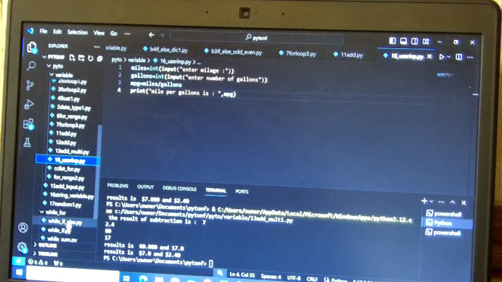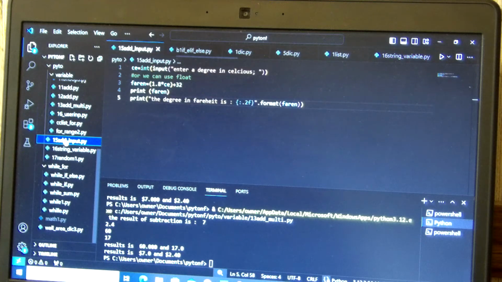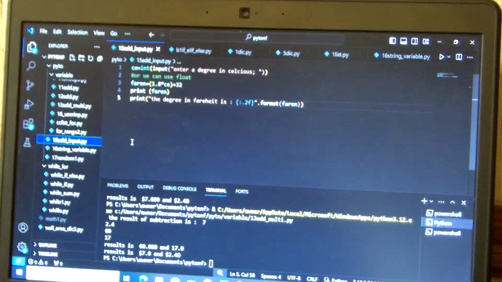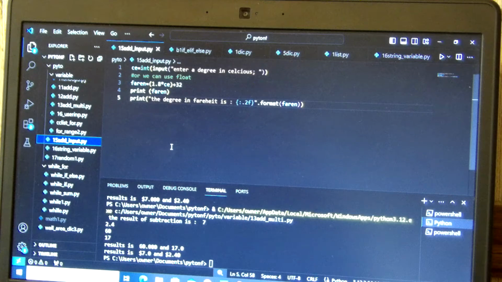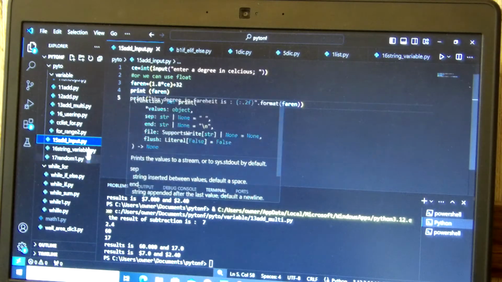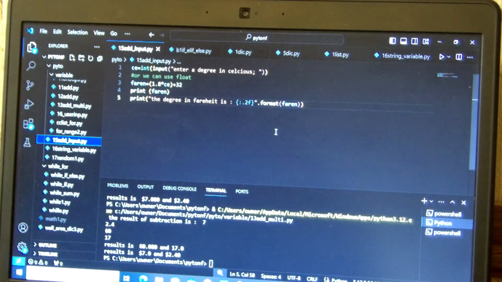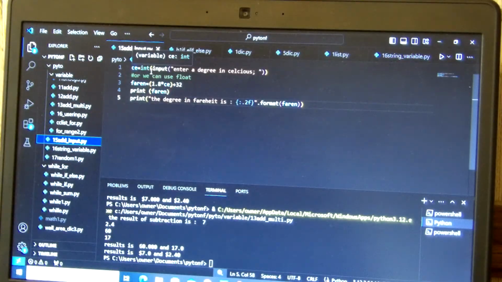Okay, now we can talk about something that the user wants to input. Here say we want to find out, convert Celsius to Fahrenheit. So the degree, how we can do this way. We can write, okay, if we